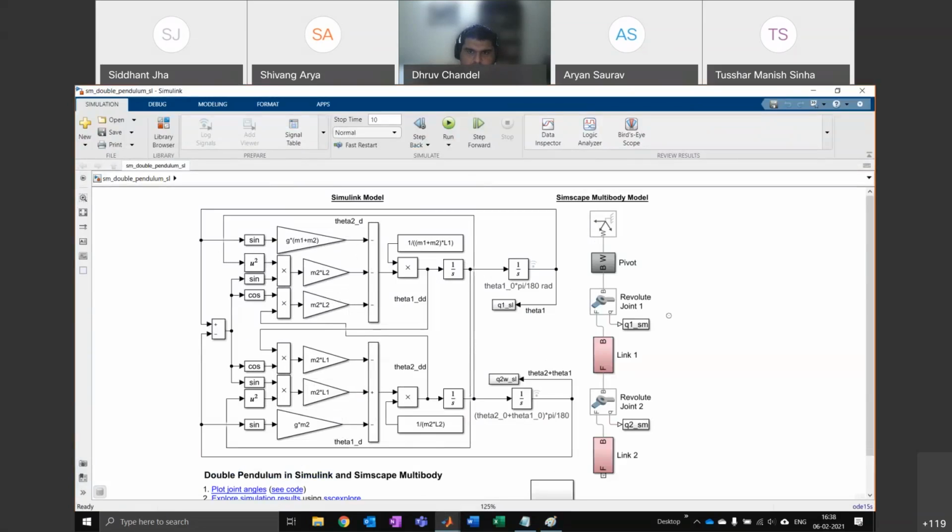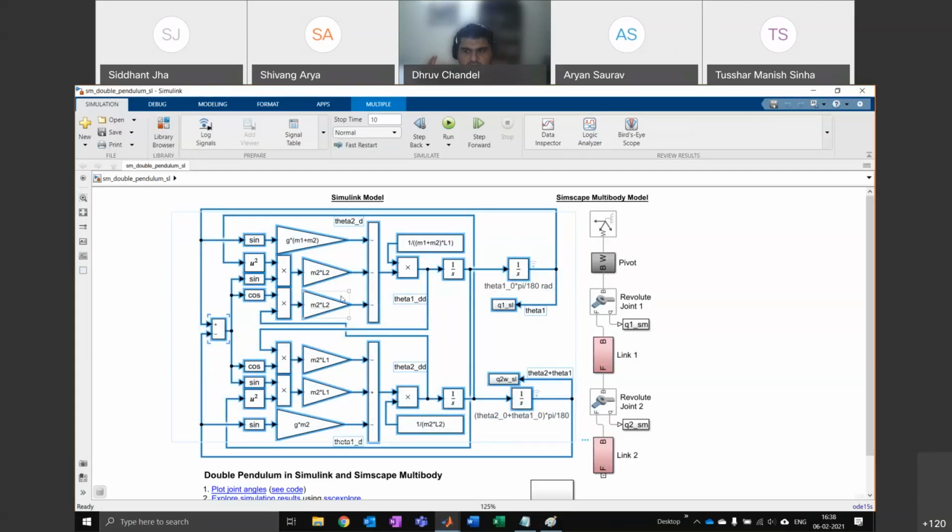But what Simscape Multibody allows you to do is, because you don't have to worry about equations in Simscape, you can just go on connecting these blocks directly to each other. So if I had to go from single pendulum to double pendulum, I could get there. If I had to go to 3 pendulums, I won't even be able to do the mathematics because it becomes too complicated. You can't make this model anymore.